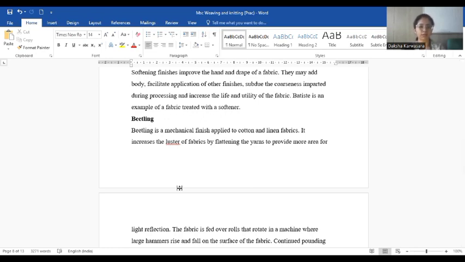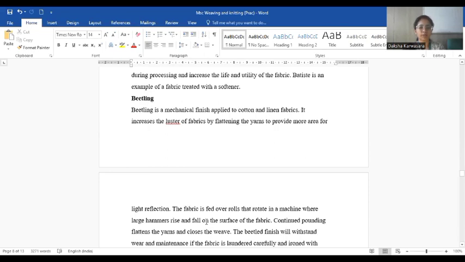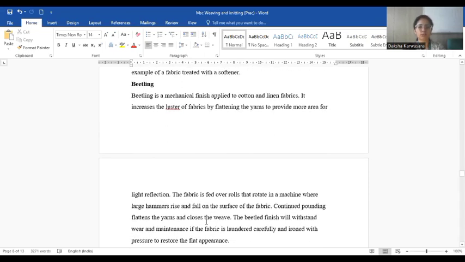It is a mechanical process applied on cotton or linen fabric. It is basically applied on cotton and linen fabric. It increases the luster of a fabric by flattening the yarn to provide more area for light reflection. The fabric is fed over rollers that rotate in a machine where large hammers rise and fall on the surface